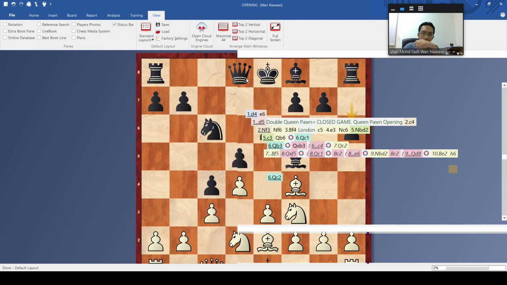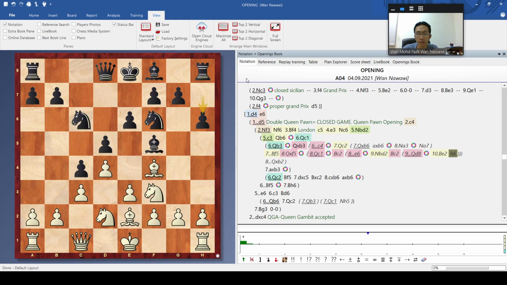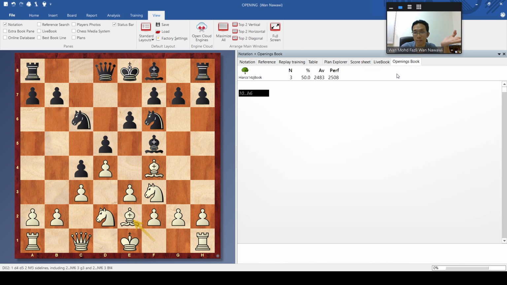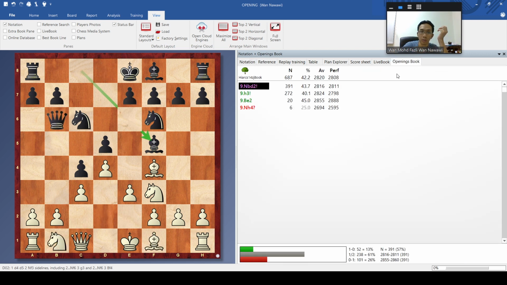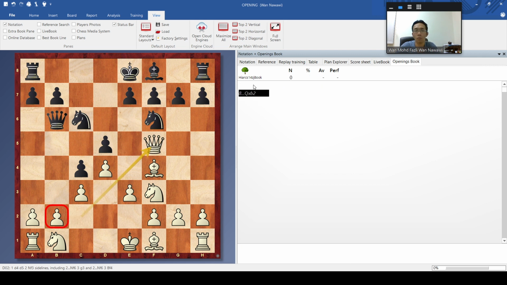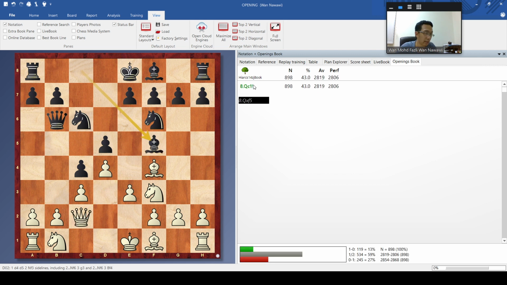You can just play in the game, or if you don't have this encyclopedia, you can see the opening book depending on what book you have. Normally, even when you have an opening book, you need to make sense of why you play this, why you play that.